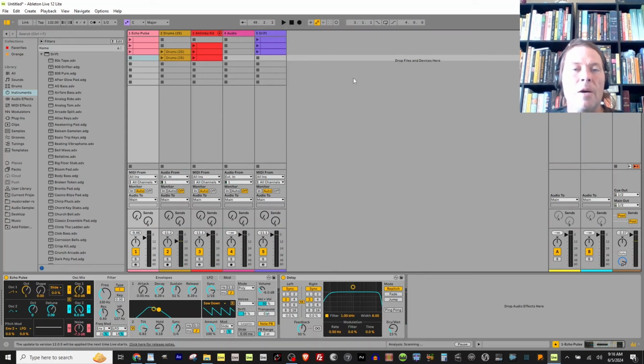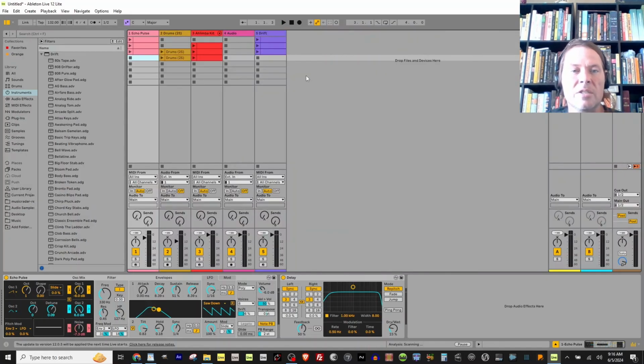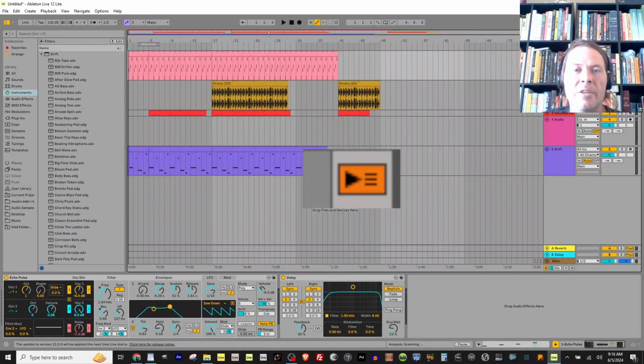All right, now I just did kind of a pseudo performance there. If I hit tab, all of that is recorded on this side. Now, notice it's grayed out and you can't hear it. That's because these are all still activated. So what I have to do to make this available is I hit this red icon, this play icon here, and from the top,